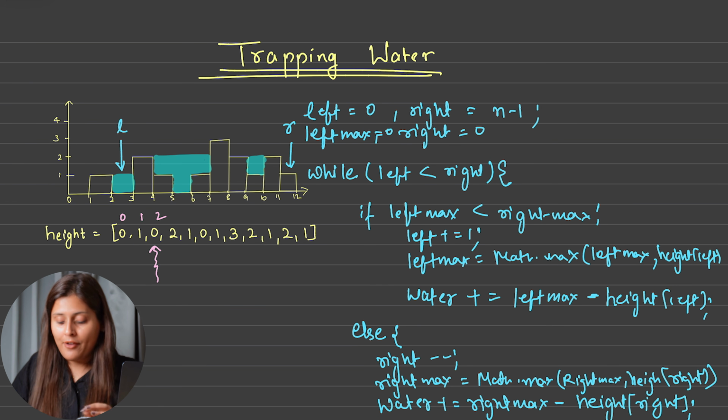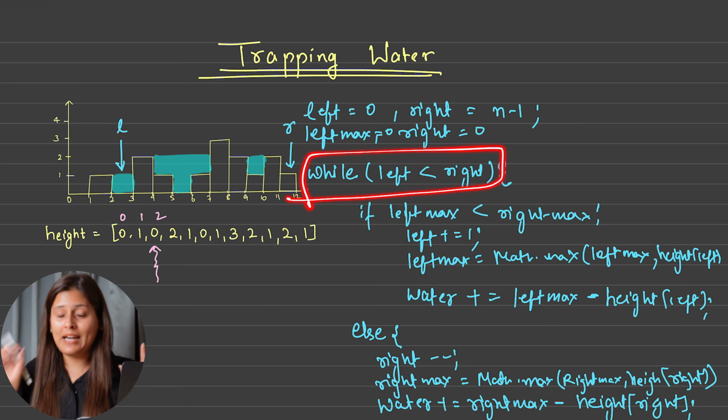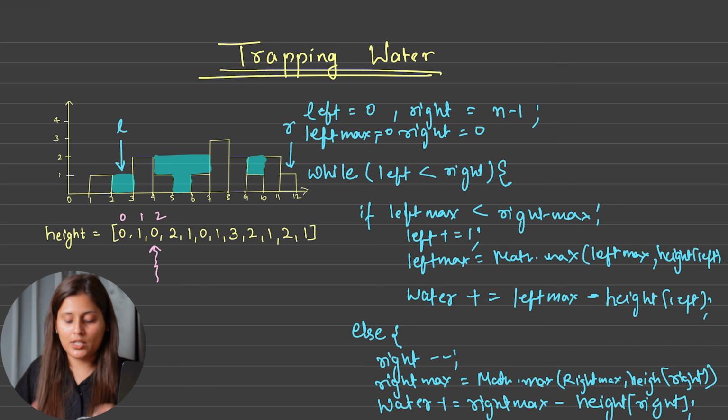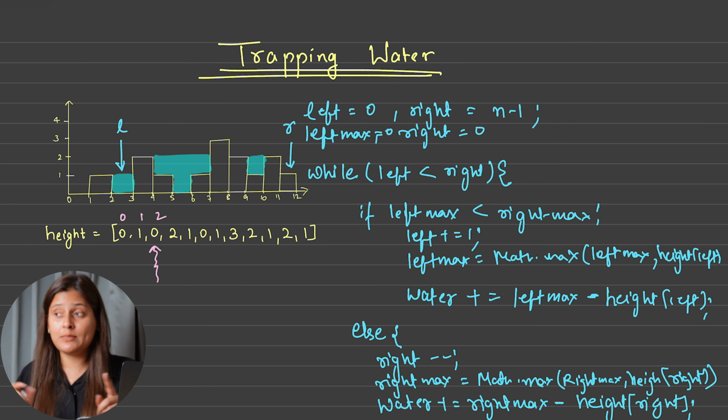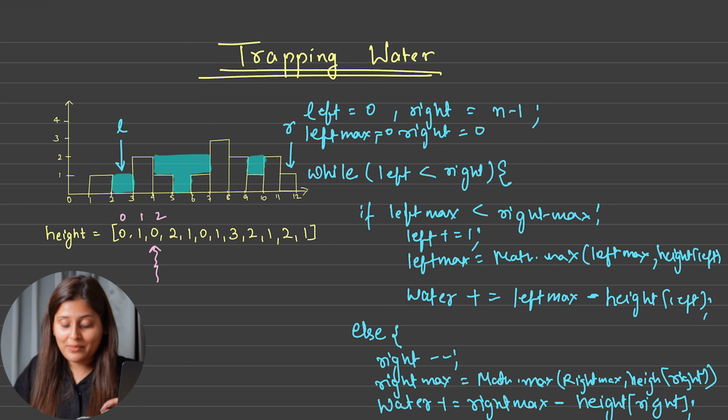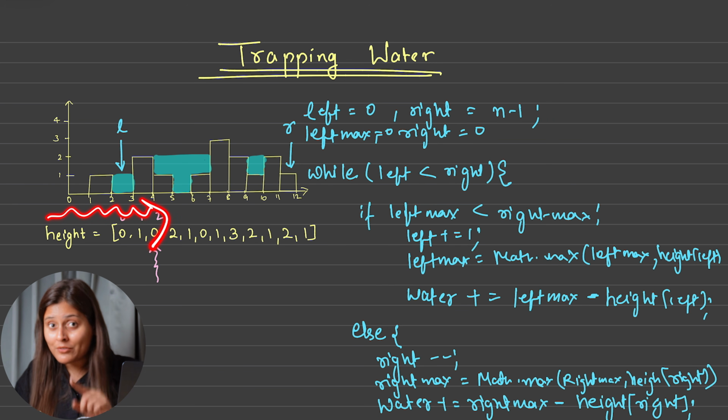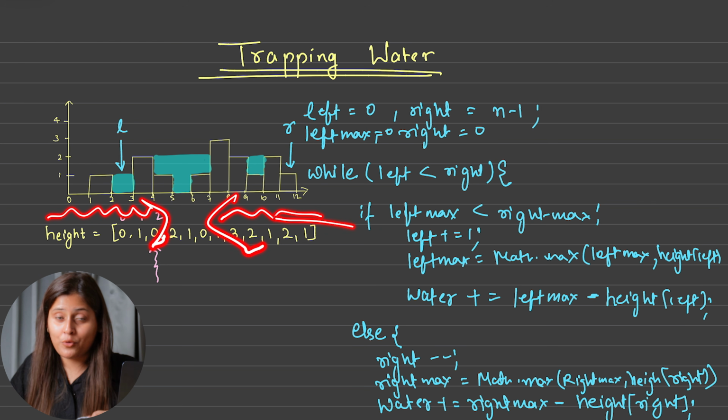And in this way we can say that while running the left and right pointer together towards each other, we are calculating the water from the left side and from the right side also. And in this way you do not need to calculate the left maximum and right maximum for every index again and again. Here we are actually maintaining the left maximum while we are moving from the left, and the right maximum while we are moving from the right.